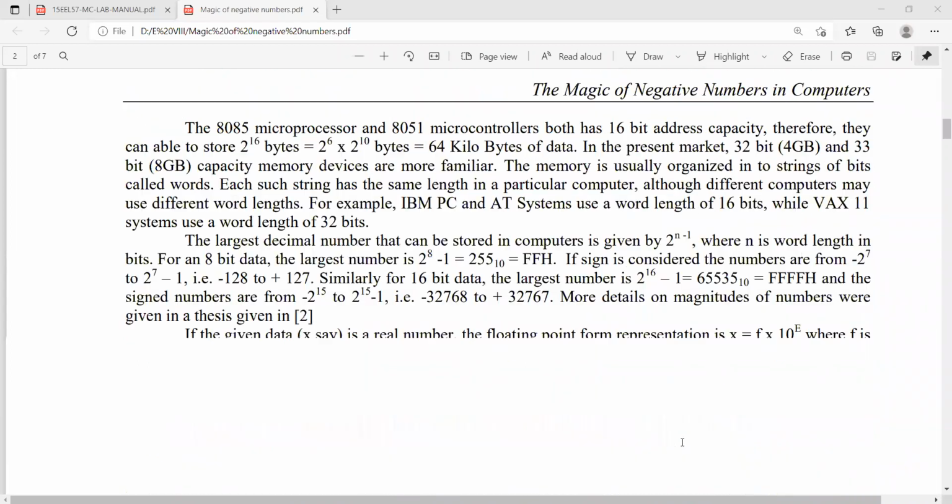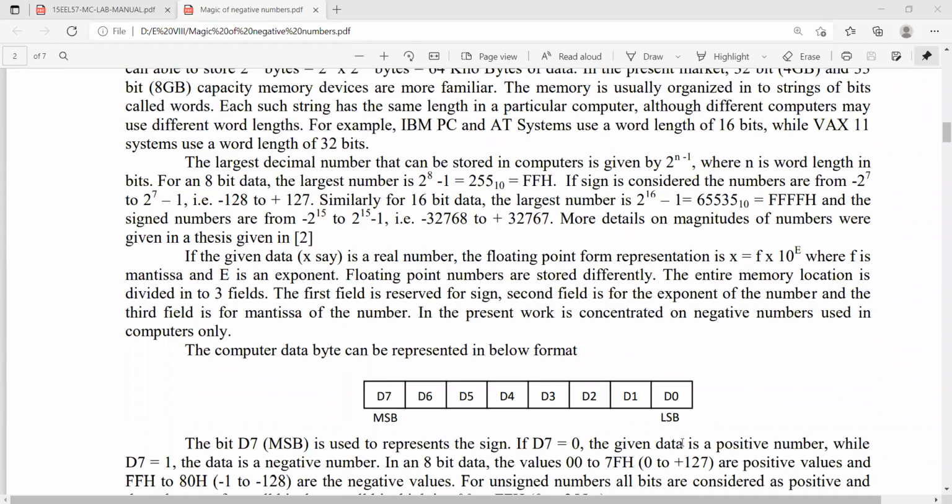And how we represent them. Normally, if we want to write a negative number, we keep a minus sign before the number. But how do we write the minus sign, because computers recognize only zeros and ones? So people thought that instead of a minus sign, we can keep one of the bits for the purpose of a negative sign.